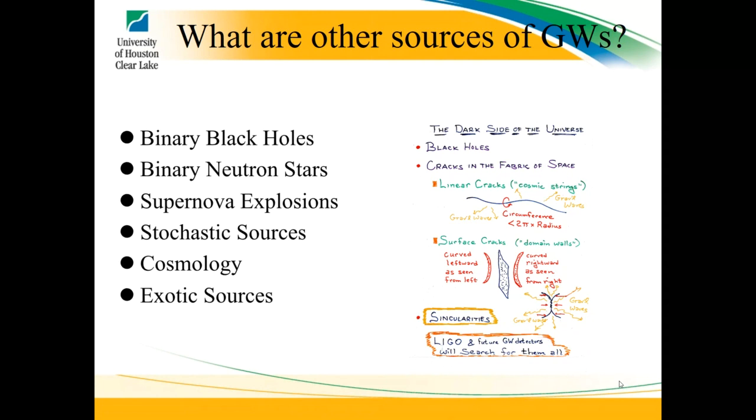And then we can get into exotic sources, and this is where the cool stuff happens. This is all like the physics that you have to be really, really on the theoretical side to see. And there are things like cracks in the fabric of space-time, like cosmic strings. You can have surface cracks. You can have naked singularities. All this stuff that we don't really know exists. We can't rule it out. We can't say it's there. We just know that in theory it could exist.